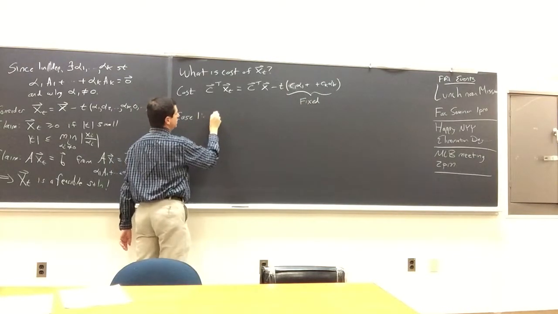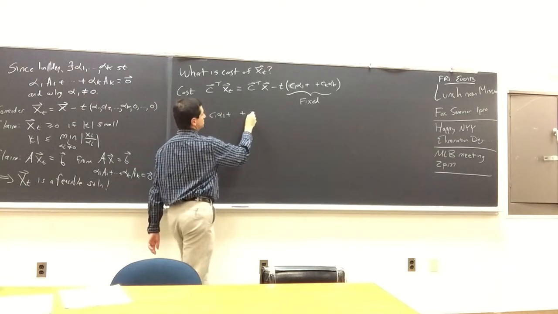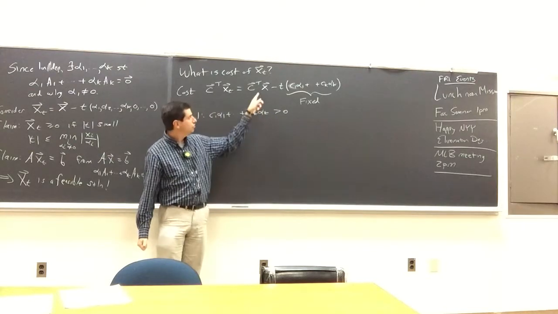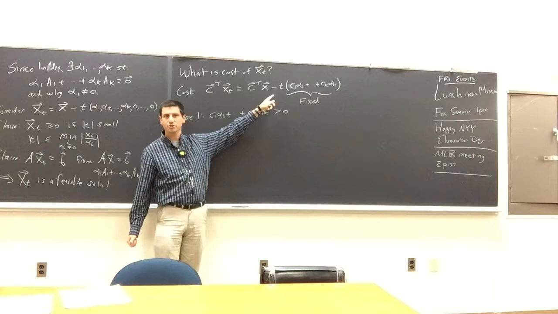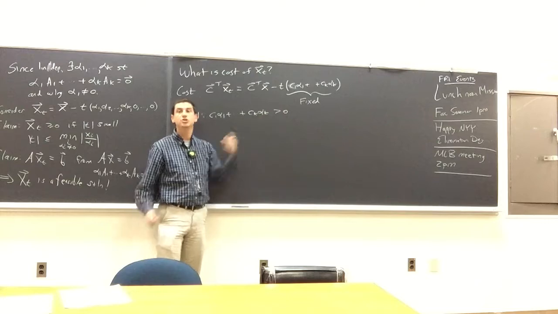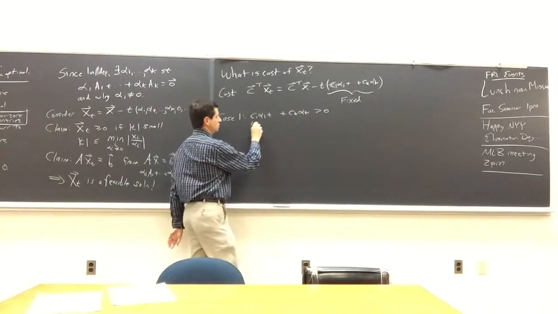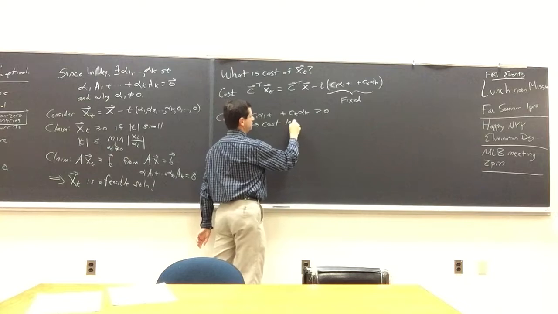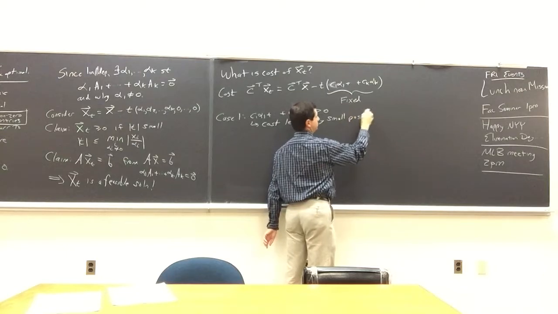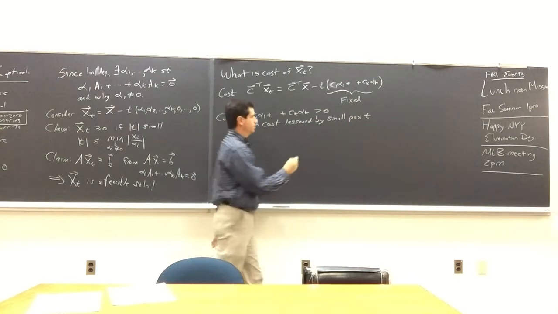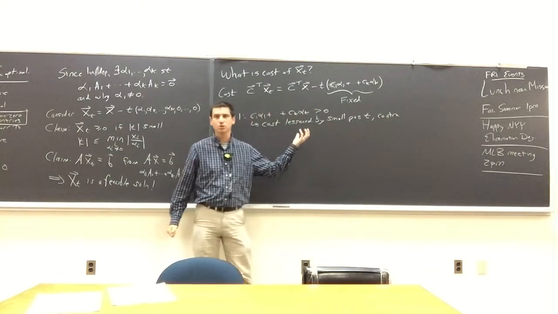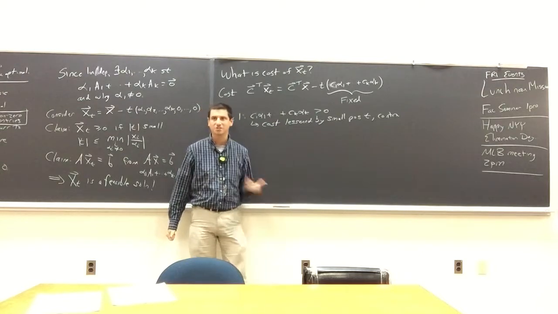So case 1, C1 alpha 1 plus CK alpha k is greater than 0. Well, if this is greater than 0, what should we do? Which direction should we move? Yeah, choose a small positive t, and the cost is lessened by a small positive t. And that's a contradiction. It contradicts the fact that we had an optimal solution. We just found a way to lower the cost, and you can't lower the cost.